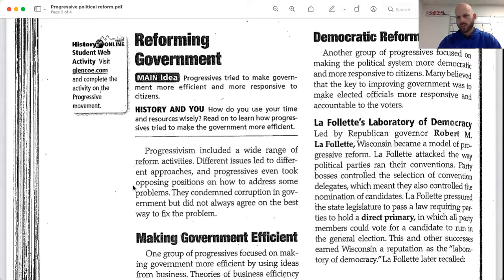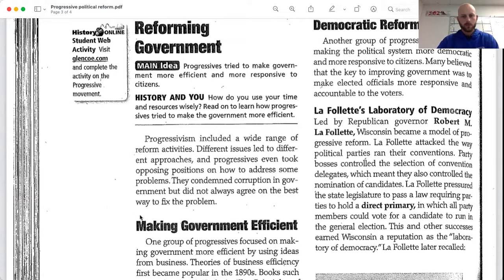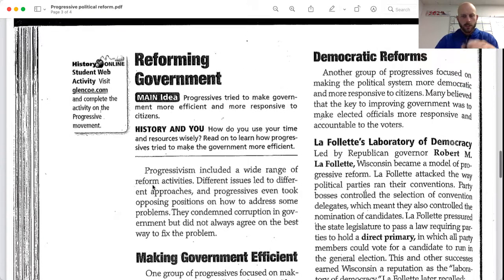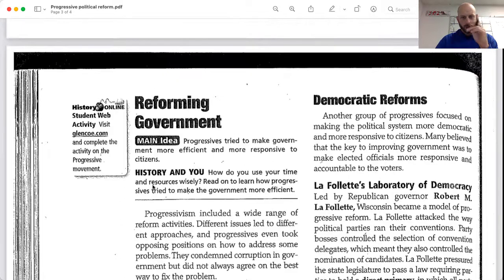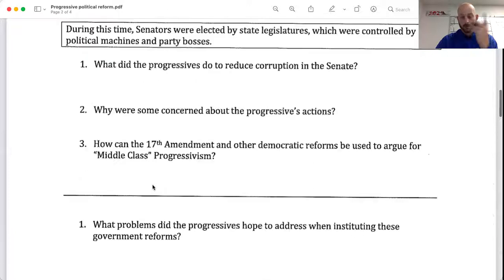arguments for progressivism as the lower class movement. But then again, La Follette himself comes from that new middle class. Okay, anyway, so basically what he does and what you're seeing in this reading here that you should be doing as well. And if you're a random internet person who stumbled across this video, sorry.